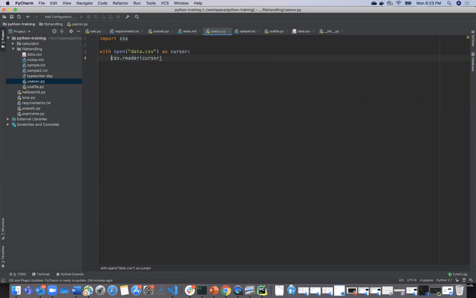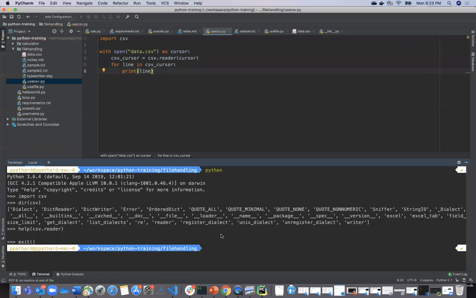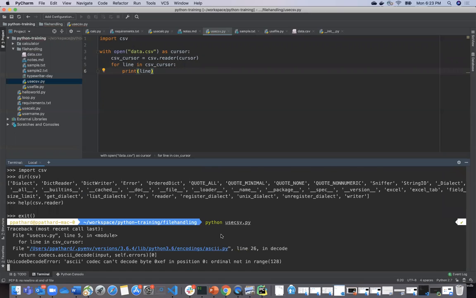So I will create csv_cursor here, and then for line in csv_cursor, I would just print the line and show you what is there, and then we can go to the next step. Python use_csv.py. What is the error?